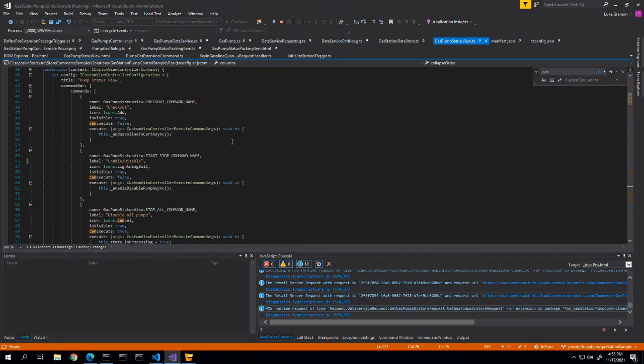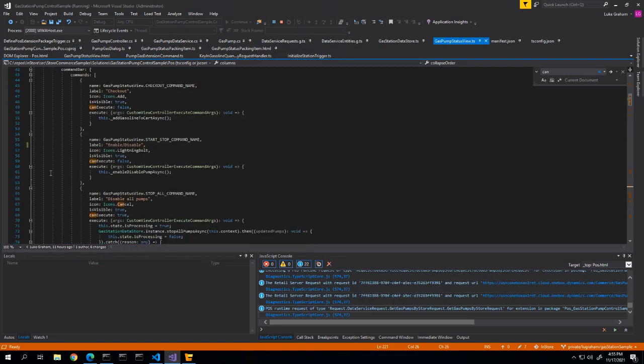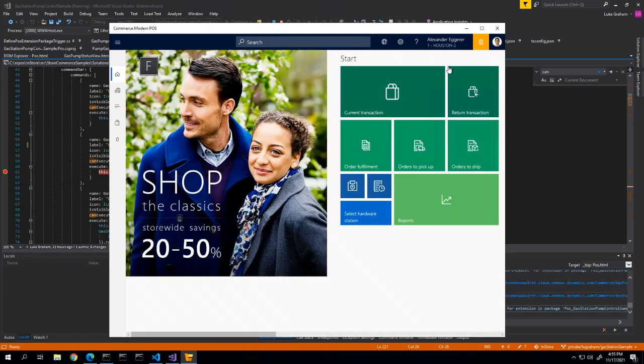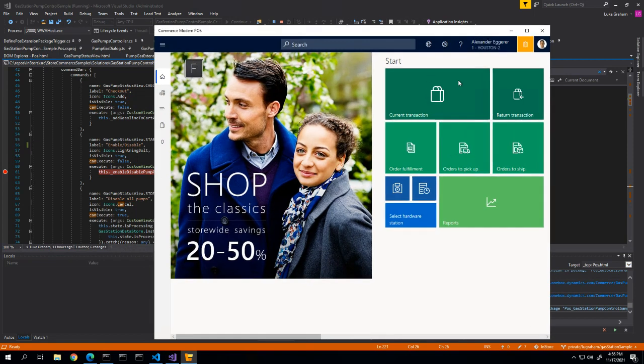So let's see. Set one here. This is going to be on our enable or disable pump command on our view. Sometimes this happens. It looks like Visual Studio is having an issue right now, so it's not going to cooperate. But if this happens, we can just stop debugging and restart. I'll skip that for now